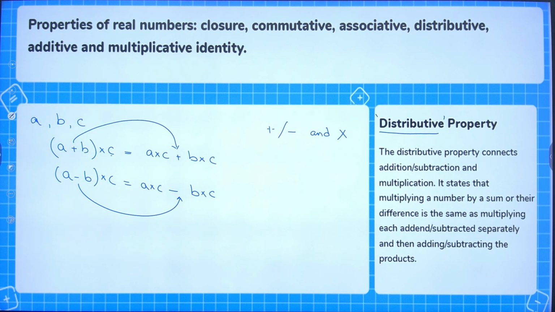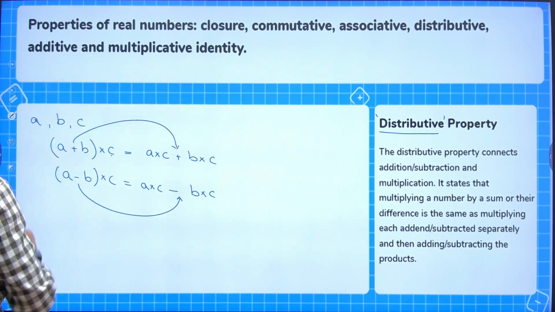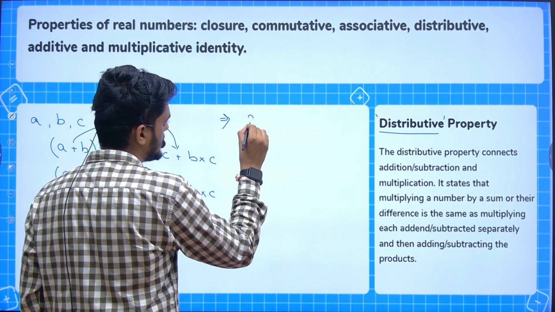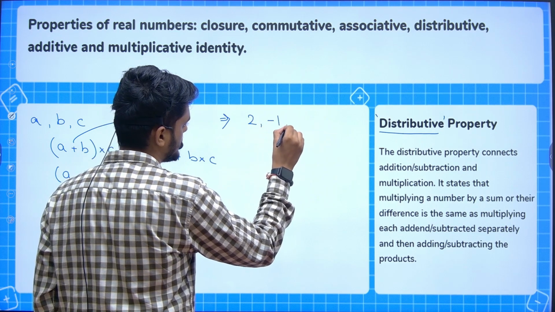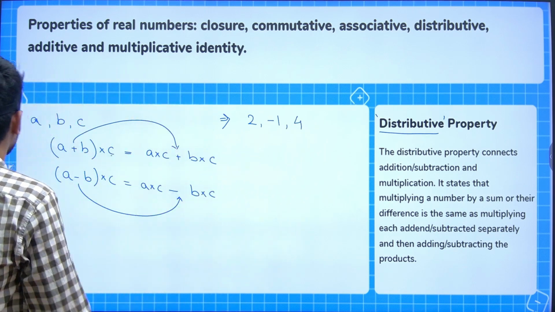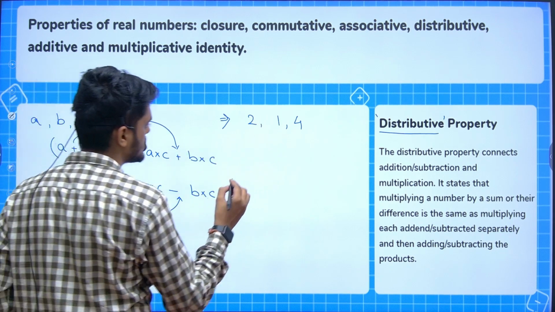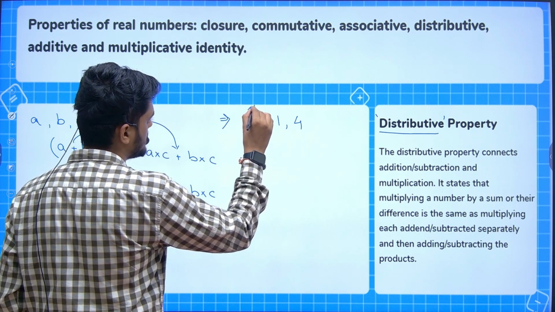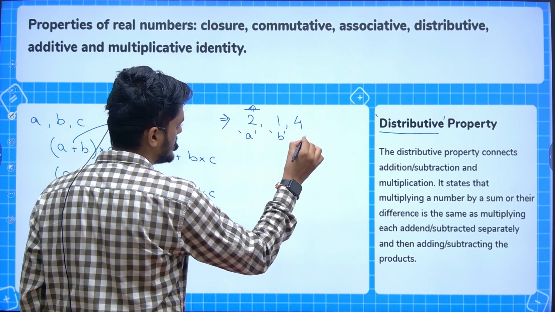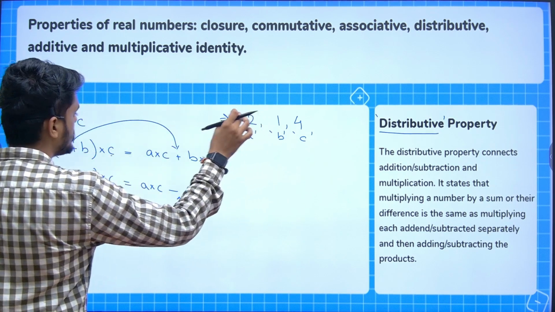Let's consider an example as well. Let's take any three numbers. I'm taking small quantities over here. Now we can call this A, this B, and this C. And then we can apply it in any of these two